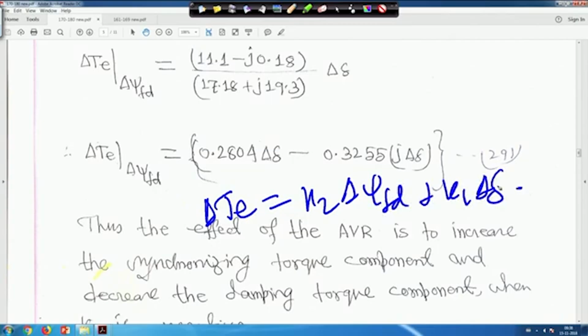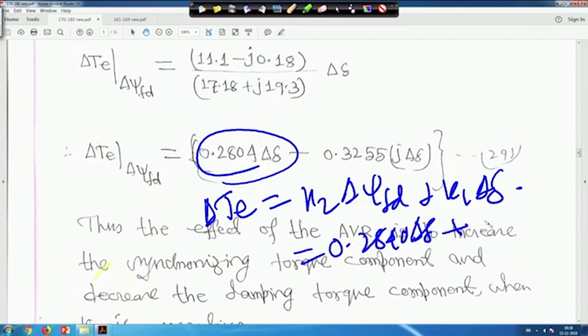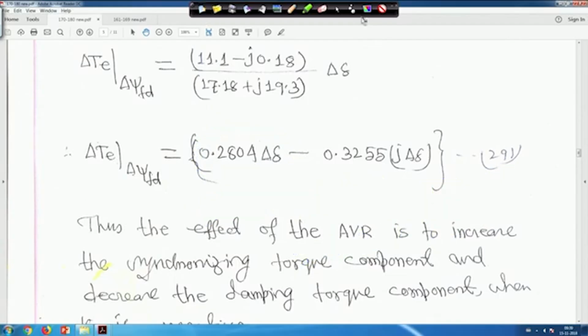Due to delta psi FD, the synchronizing torque component is 0.2804 delta delta. And how much K1 have we taken? Let me see, K1 data we have taken